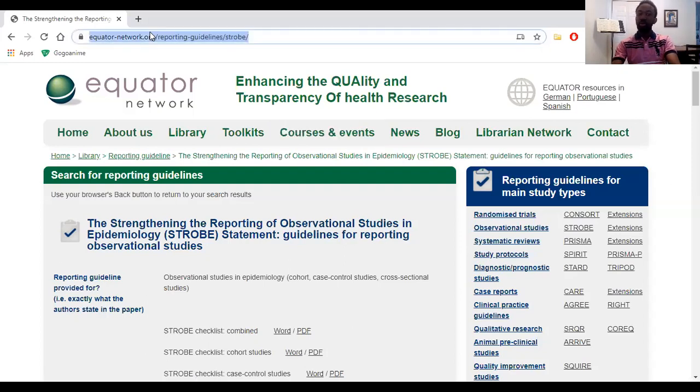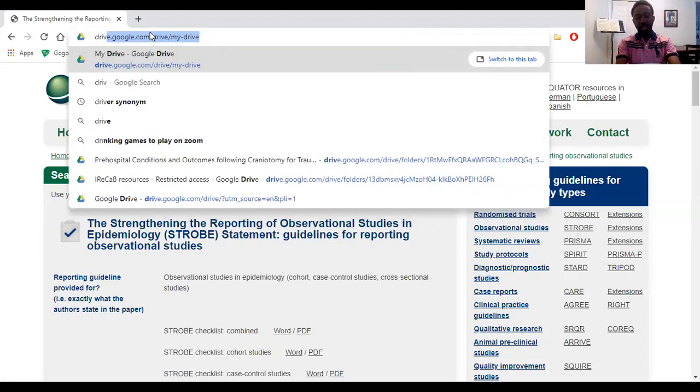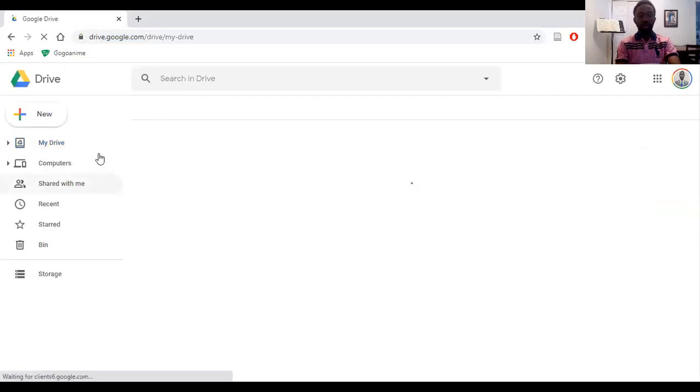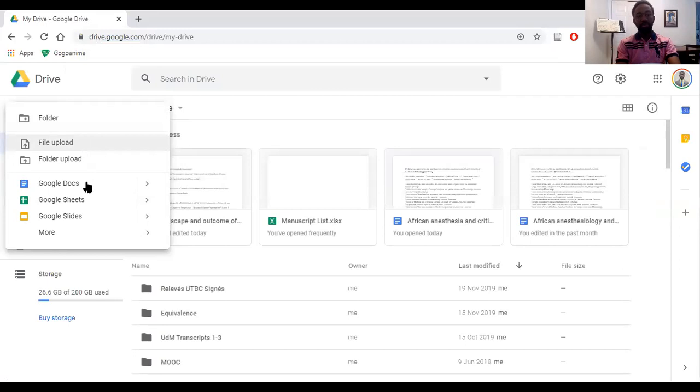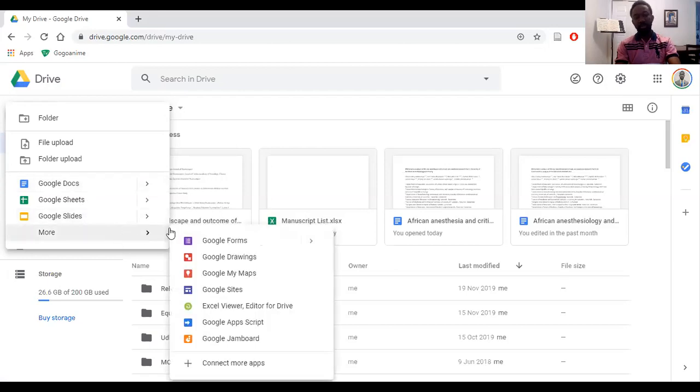So how do you do that collaboration? I think almost every one of us today has a Gmail account. Because you have a Gmail account, you have a drive. And because you have a drive, you have access to certain applications from Google. Some of those applications are the Docs, which is essentially the same thing as Microsoft Word, the Sheets, which is essentially the same thing as Excel, Slides, same thing as PowerPoint, and Google Forms.